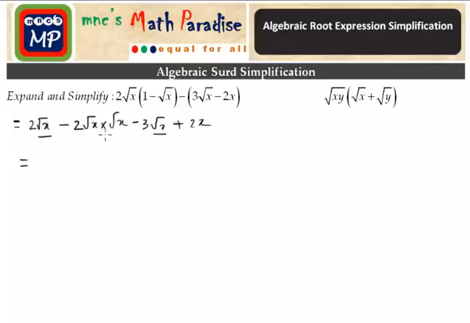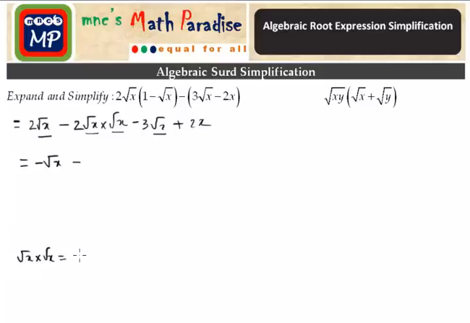Okay, now if we collect the like terms here, root x and root x are like terms. Root x times root x is not a like term. So 2 root x minus 3 root x. If we collect these two, we will get minus root x minus 2 root x times root x. So now if we do a little bit of simplification here, root x times root x equals